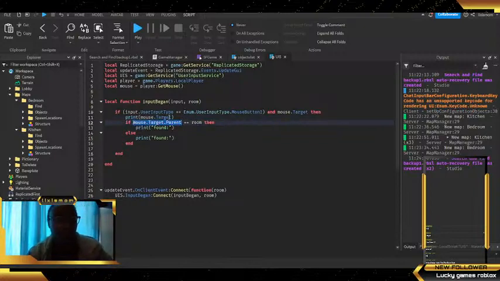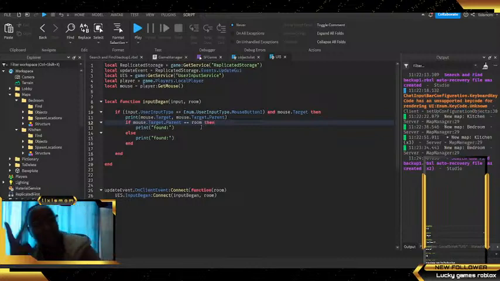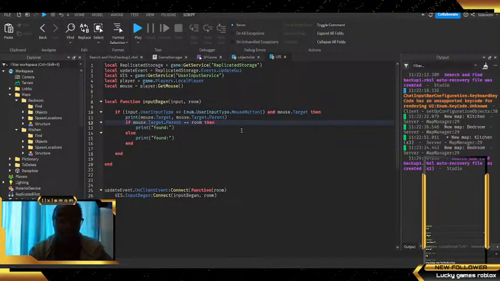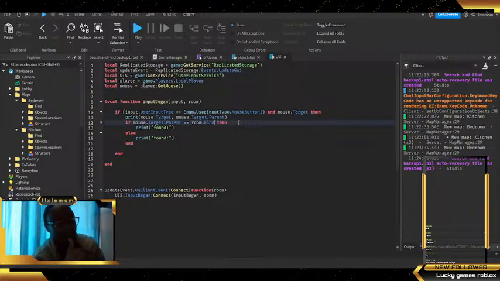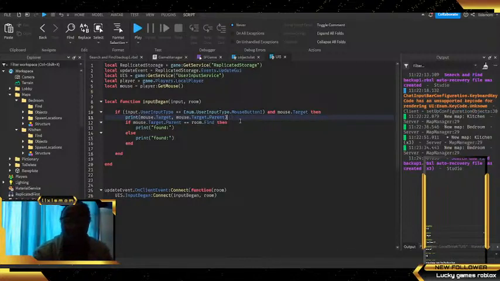I think we'll also print the parent. Okay, if mouse.target.parent equals room. No, it has to be room.find. It has to be in the find folder. It must be a descendant of the find folder. Why is Lua so complicated? We should have a thing called